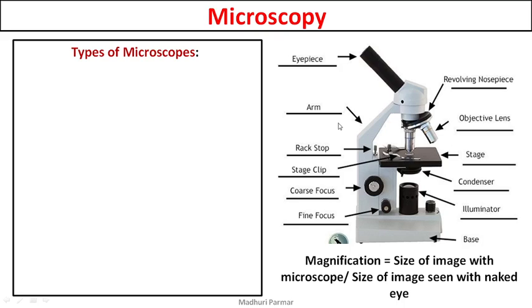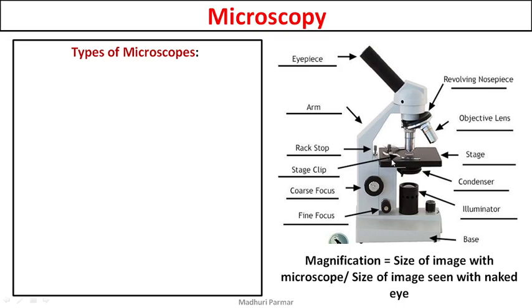This is a basic microscope. Here is the eyepiece where a lens is present; here is where you look from. Then you have a rotating nose piece, which has different magnification lenses. It could be 20x, 40x, 60x. X means times, how many times. So a 60x lens will magnify the sample 60 times. Those lenses are present near the sample, so they are called objective lenses.